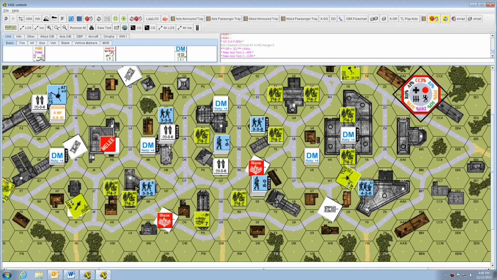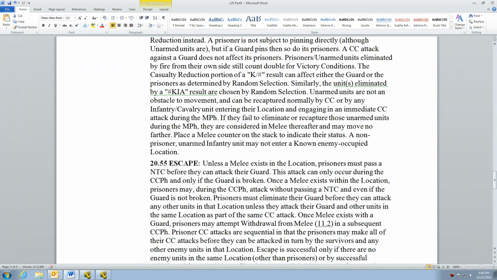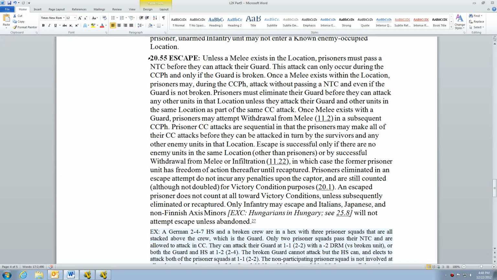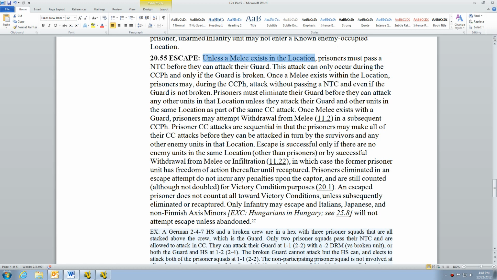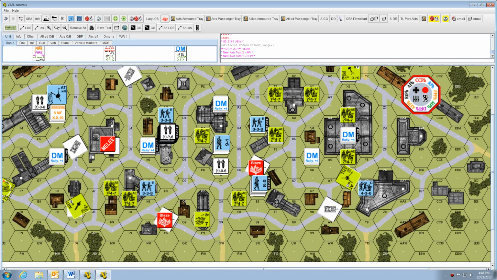At this point, the American player can choose to activate another new rule we're going to look at. If we look at these units in N4, remember this unit was originally here and decided to route away because it's broken, but he took his prisoners with him. The rule that's associated with that is basically how the enemy units try to escape, which is section 20.55, escape. Unless a melee exists in the location, prisoners must pass a normal task check before they can attack their guards. What that means is